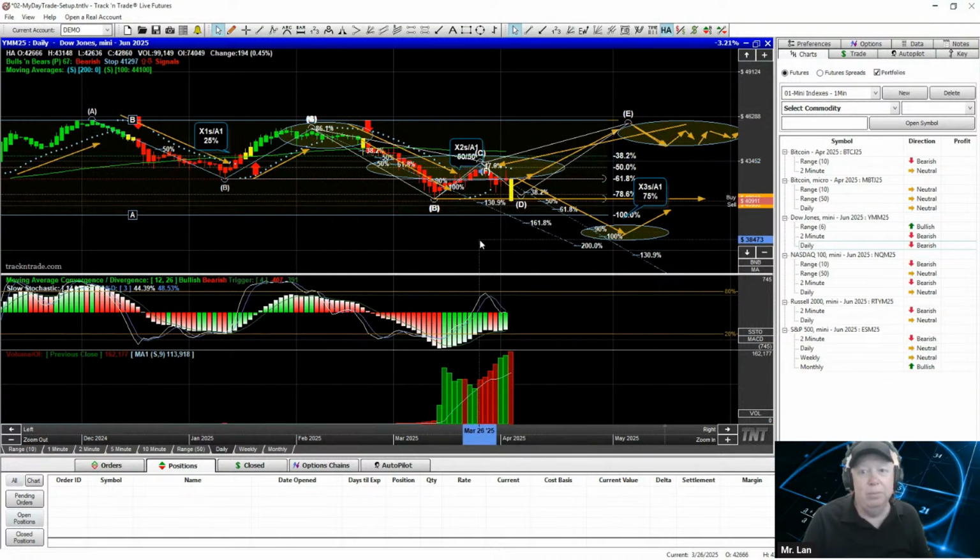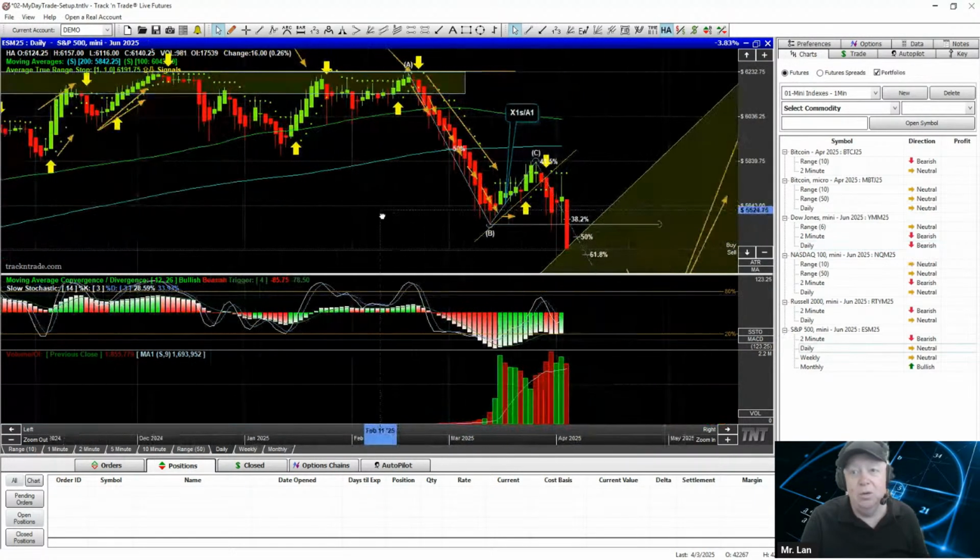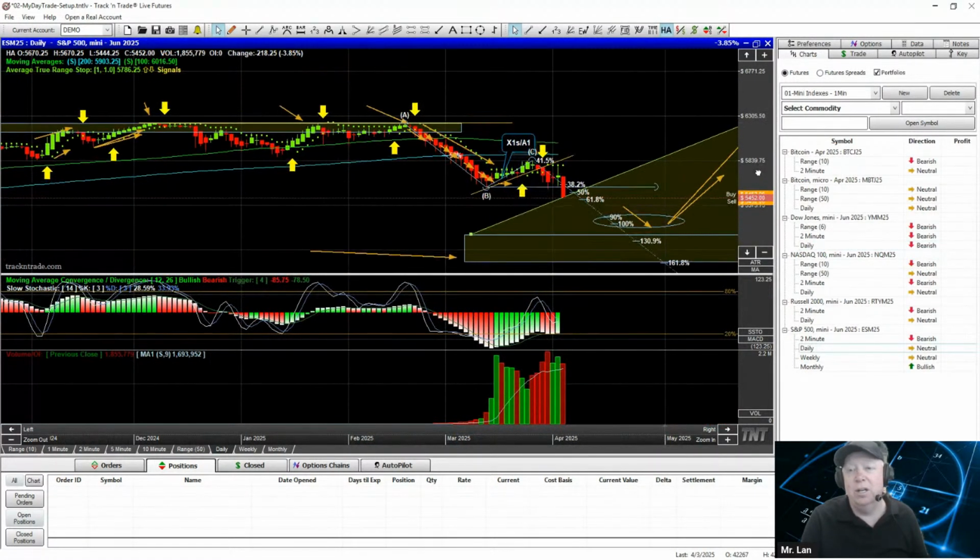X2SA1, not a real high probability, and down it's going. We're headed towards that X3SA1. Where's the S&P daily chart? And I'm not going to go off on this. I know I go off on this all the time, but